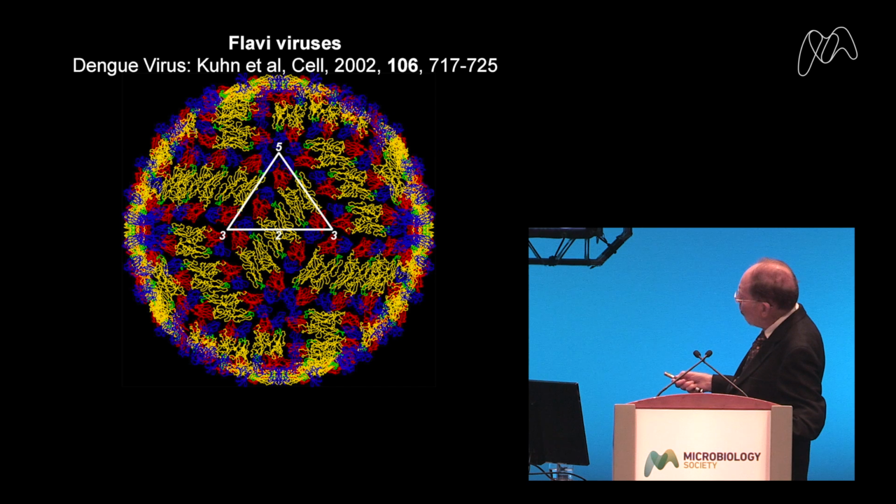Now, the problem with this structure was that each monomer has a different environment. This goes against the ideas of Caspar and Klug, which said that each monomer would have at least a quasi-equivalent arrangement. So this was one of the 2 reasons why the referees at Nature rejected our paper. We actually did manage to publish this in Cell, but I like to tell this story because it has happened so often in my life that the referees don't like what I do, and we have to publish somewhere else, which I find rather annoying.